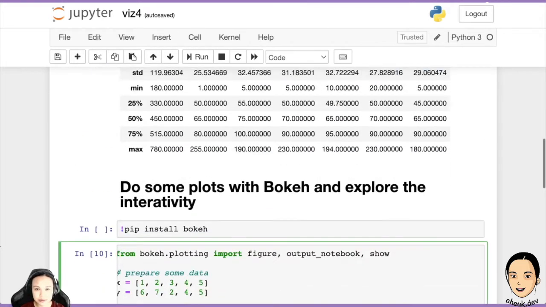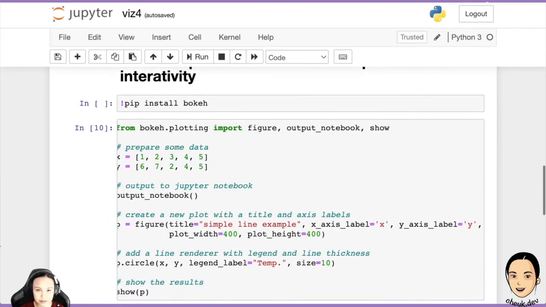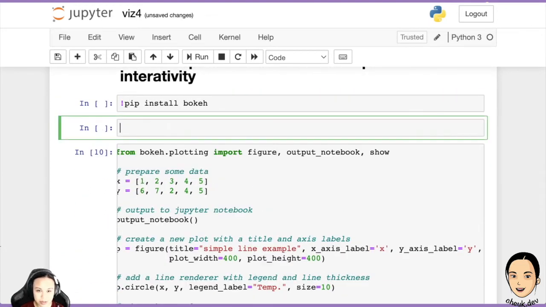So let's do this. Take the Pokemon DF here, and the first thing I do is a dot group by, and I would group by generation. I would dot mean,